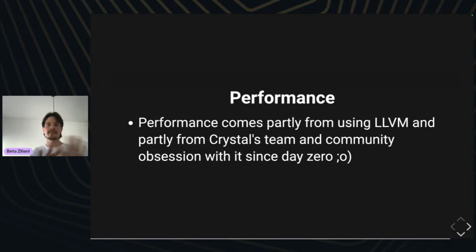By the way, as an aside, 84 Codes is helping us build better multi-threading support for Crystal to have more performance in multi-threading applications. This is something that is happening today. It won't be ready for the next release, but I hope it will be ready for the release after that, 1.15. All fingers crossed. We hope we get there.